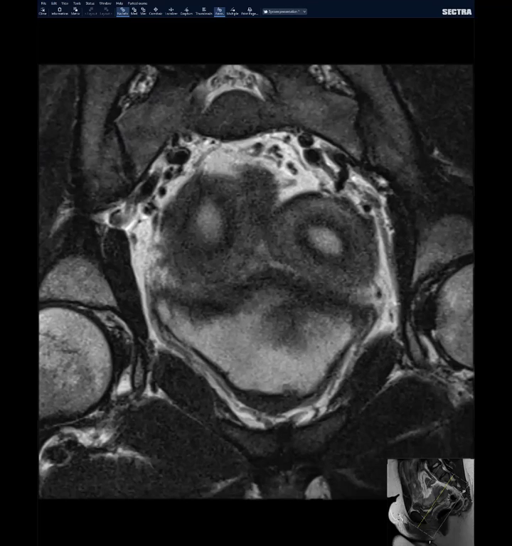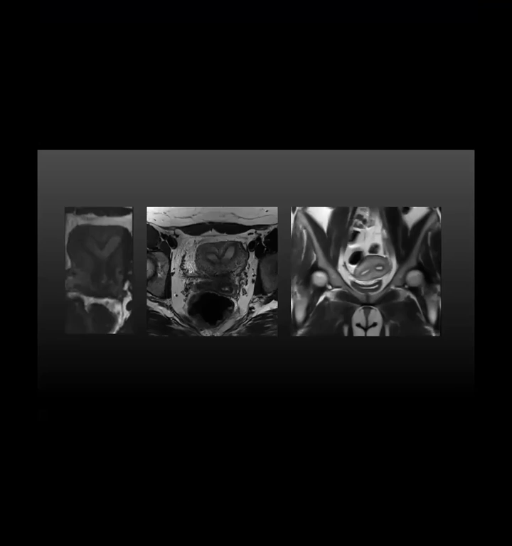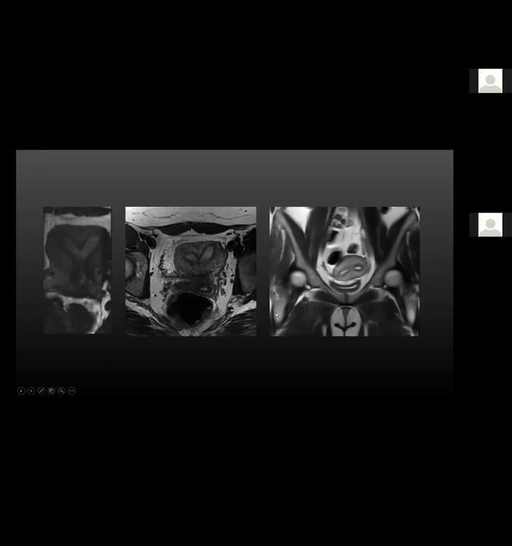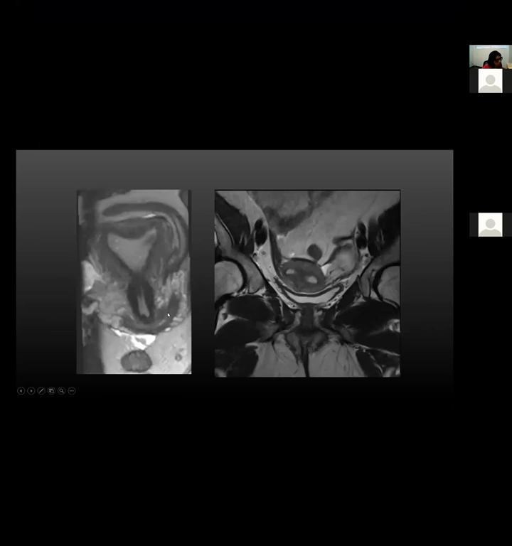And just a few more images of uterine anomalies. Moving to a presentation. So what do you all think the diagnosis is in this case? A septate? Yes, so that's a septate uterus. This one, I think these are easy. So this one, I want to say arcuate, but it needs to be 1.5 centimeters below the